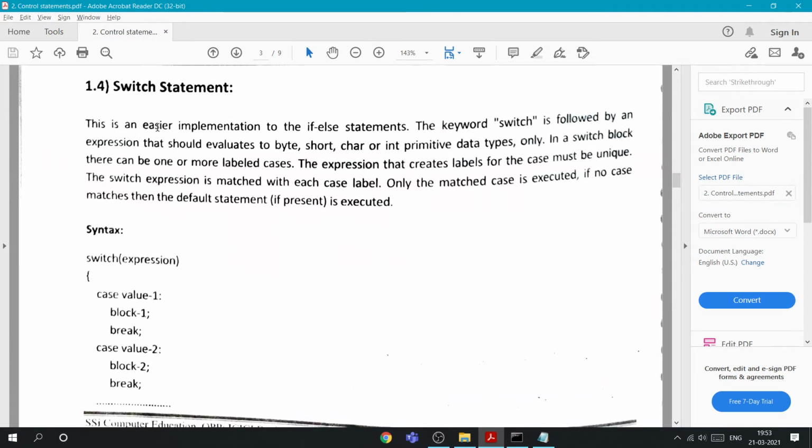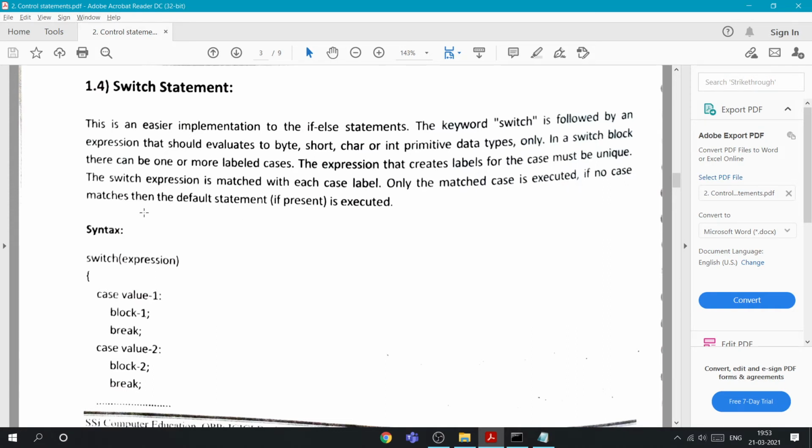This is an easier implementation of the if-else statement. The keyword switch is followed by an expression that should evaluate to byte, short, char, or int primitive data types. In a switch block there can be one or more labeled cases, and the case labels must be unique.